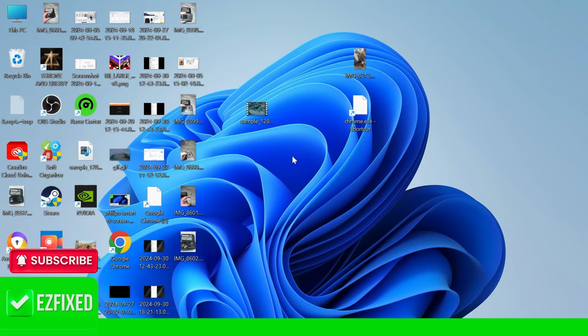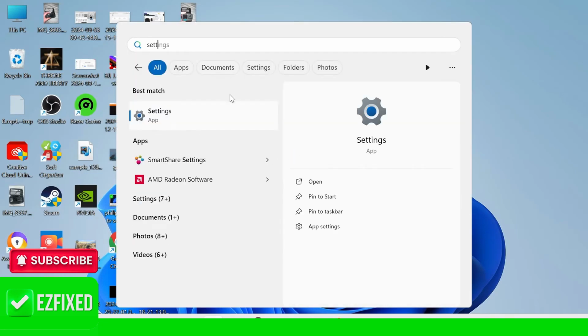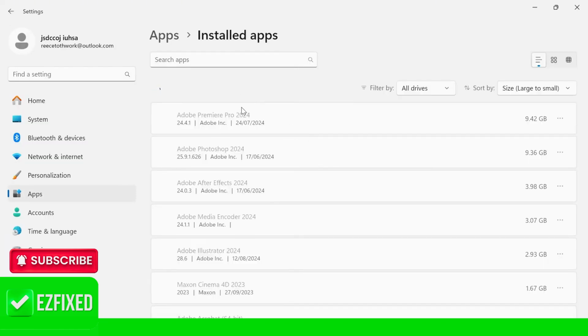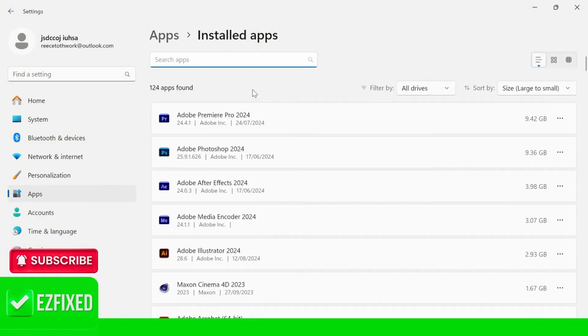Now if you've tried both of these steps and it's still not working, the last thing we can do is head over to your Start menu and search for Settings. Click on the Settings window, and from the left hand side select Apps. Click on Installed Apps, and you'll need to locate Google Chrome in your list of applications. You can just scroll down and locate it from here, or we can use the search box and type in